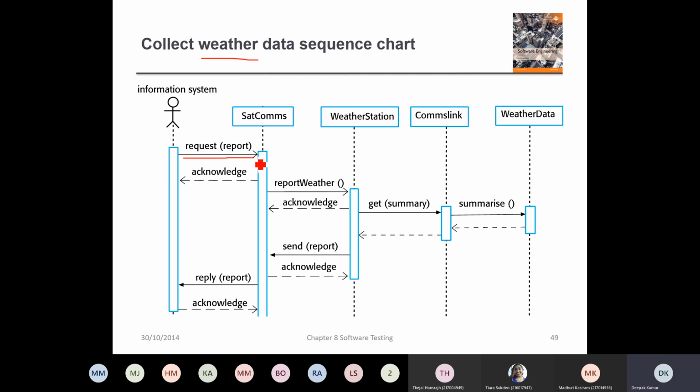is requesting a report, some data, and you have satellite communications. You have SATCOM, which is a component which communicates. It's a program or a component of a program which communicates with the satellite communications. There are other instruments here and some of the other interfaces of this application which communicates with weather station. There will be a communication link between weather stations. So there will be multiple weather stations